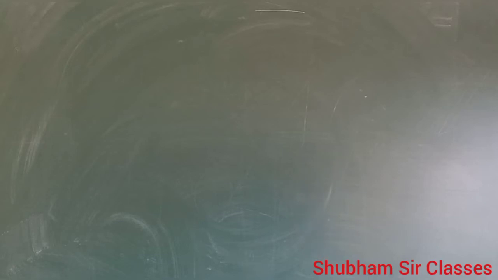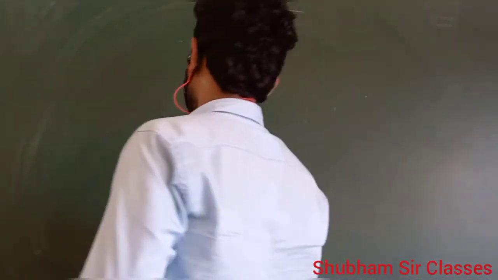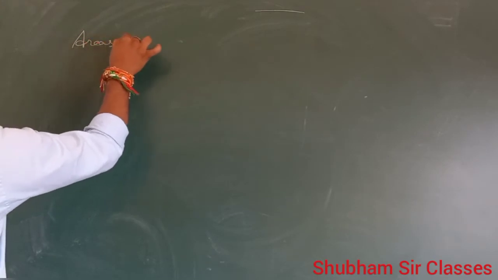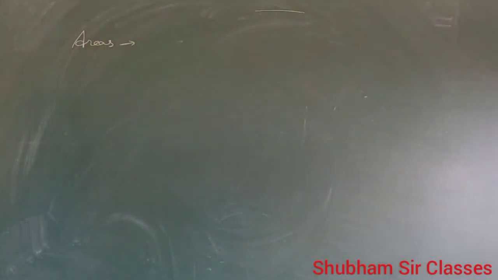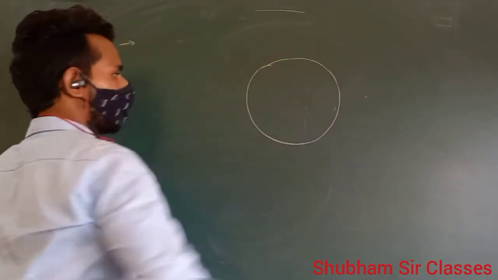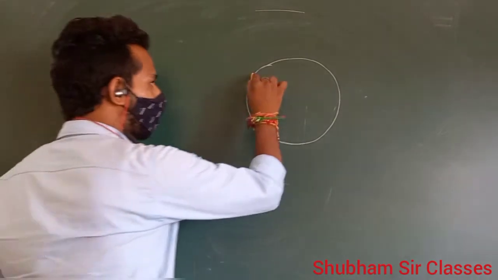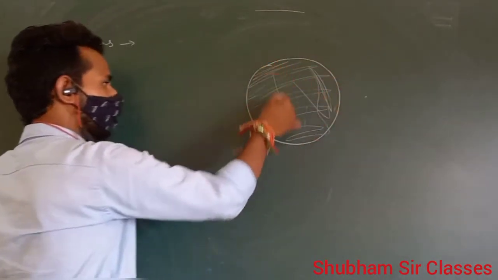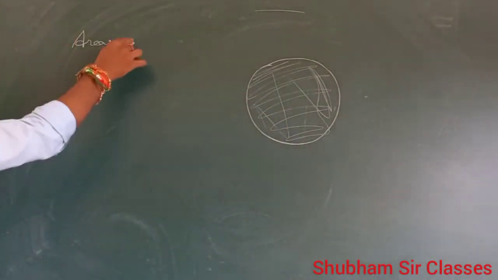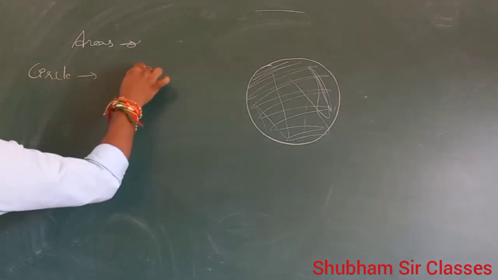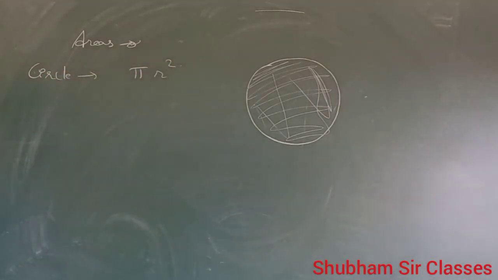So, hello everyone. Today we will learn about the areas of the combination of figures. For that, first of all, we need to know about some of the areas. What is area? If a 2D shape is drawn, then the part covered by it is called its area. This interior part. Suppose we talk about the area of a circle, it is pi into radius square.